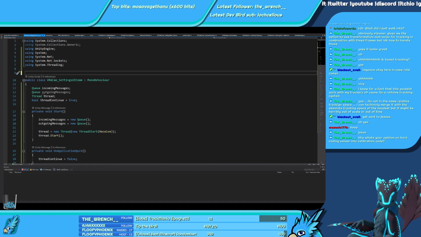What's your potential hardcoding values in your calibration code? I mean, it kind of depends on the value you're trying to hard code, like the position.